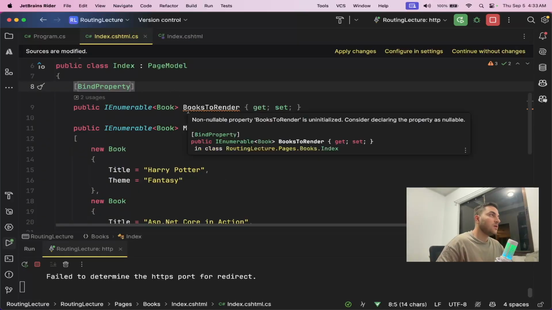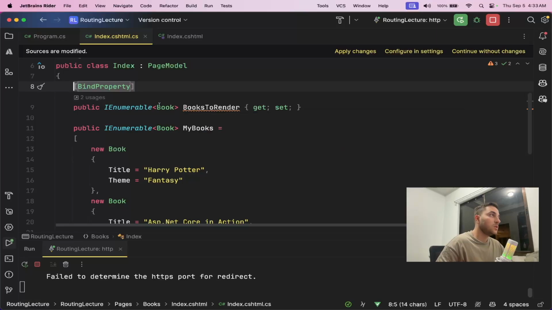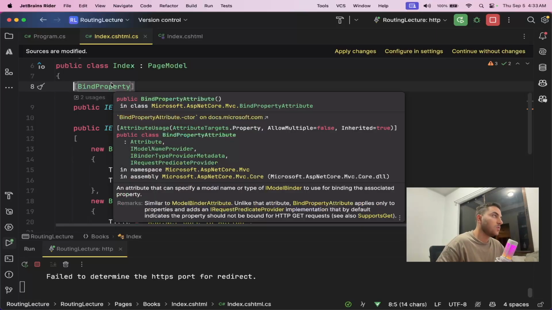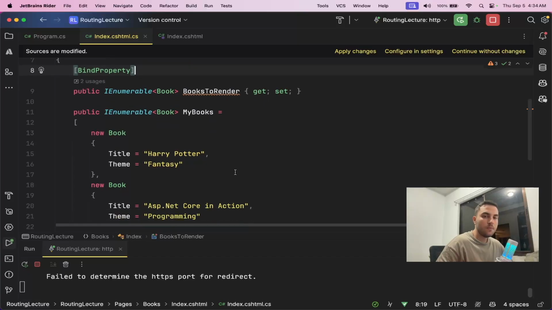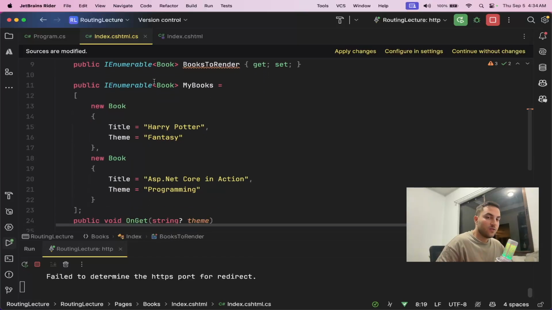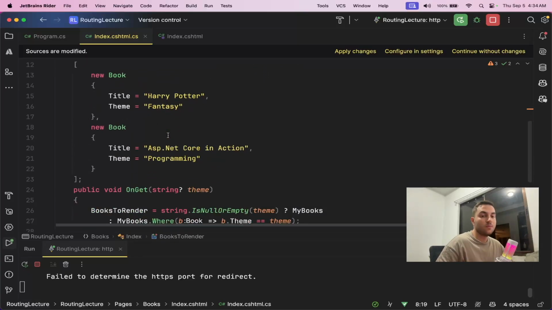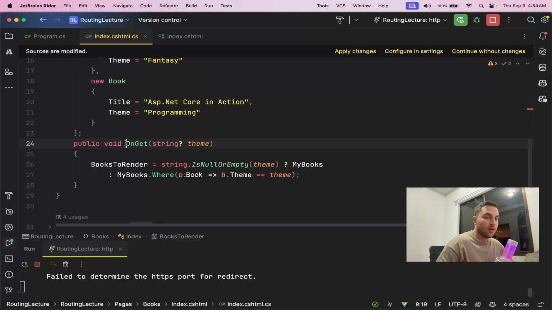So when I want to make something visible between the two of them, then I need to target it with, for example, the BindProperty. This is just an overview because we're going to be exploring more about model binding in the next lecture, but I just want to give a heads up of how it works and why I'm including this part in here. So I have my list of books in my database, for example, and then when my application gets